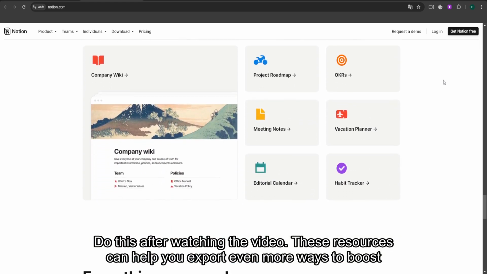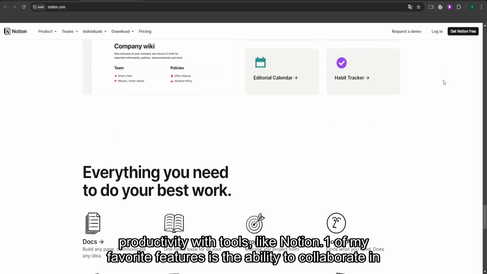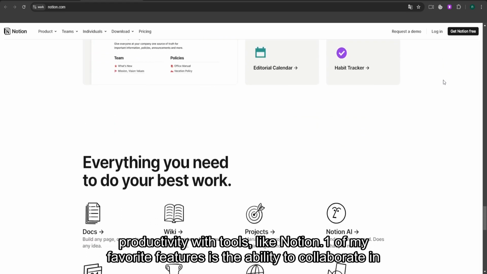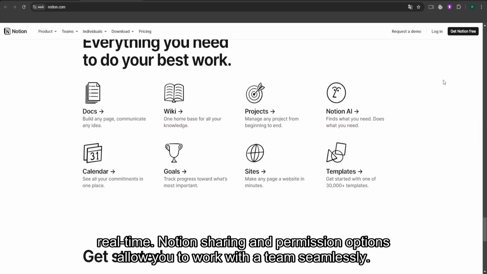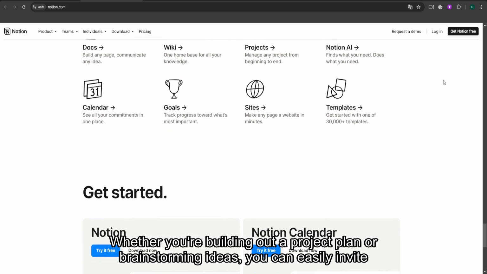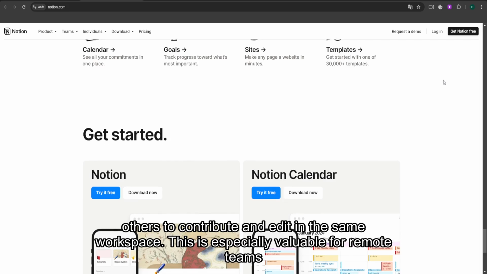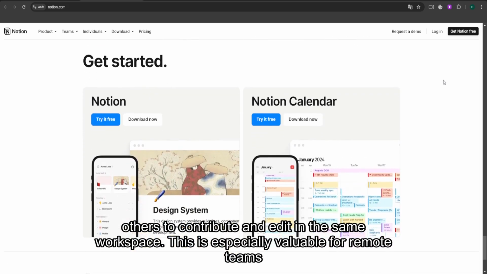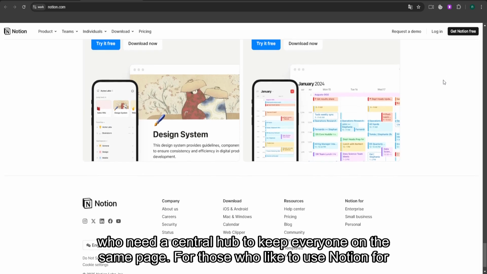These resources can help you explore even more ways to boost productivity with tools like Notion. One of my favorite features is the ability to collaborate in real time. Notion's sharing and permission options allow you to work with a team seamlessly. Whether you're building out a project plan or brainstorming ideas, you can easily invite others to contribute and edit in the same workspace. This is especially valuable for remote teams who need a central hub to keep everyone on the